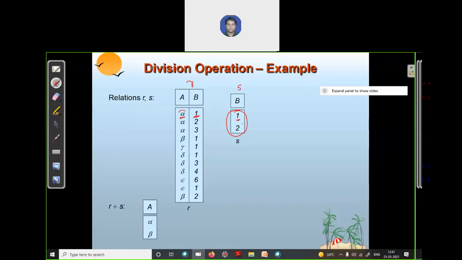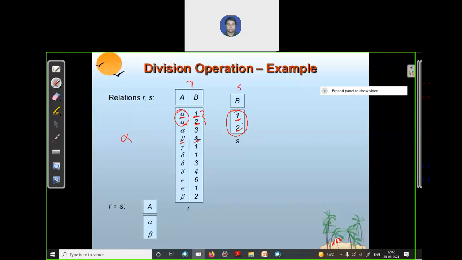The next tuple is 2, and see the corresponding value. For 2 there is an alpha. So we have alpha as an element for both these tuples, meaning every tuple of relation S. Now see, for 1 there is a beta.